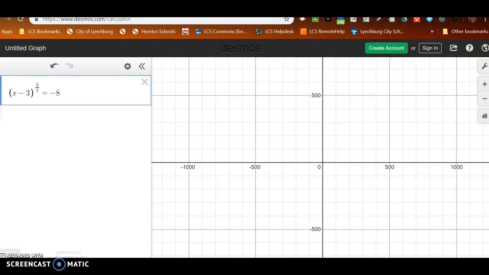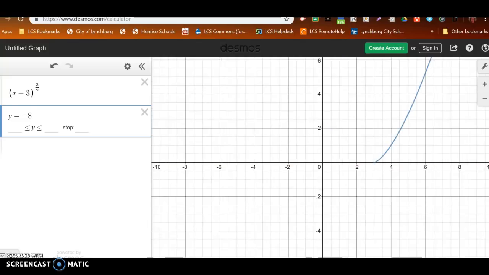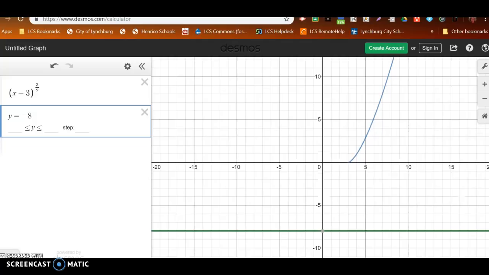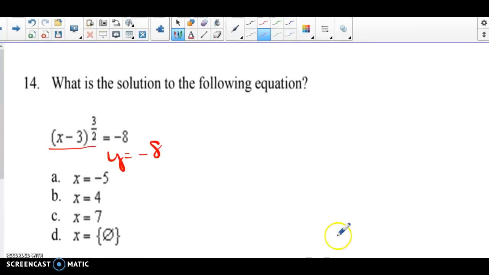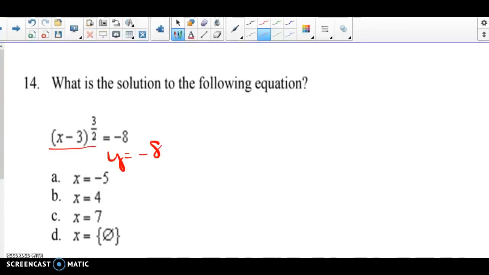So I'm going to get rid of this and enter in y equals -8. Now I have somewhere where it looks like they intersect each other. Are they intersecting each other? No, they're not intersecting each other. So let's look at this one. x minus 3 to the 3 halves equals negative